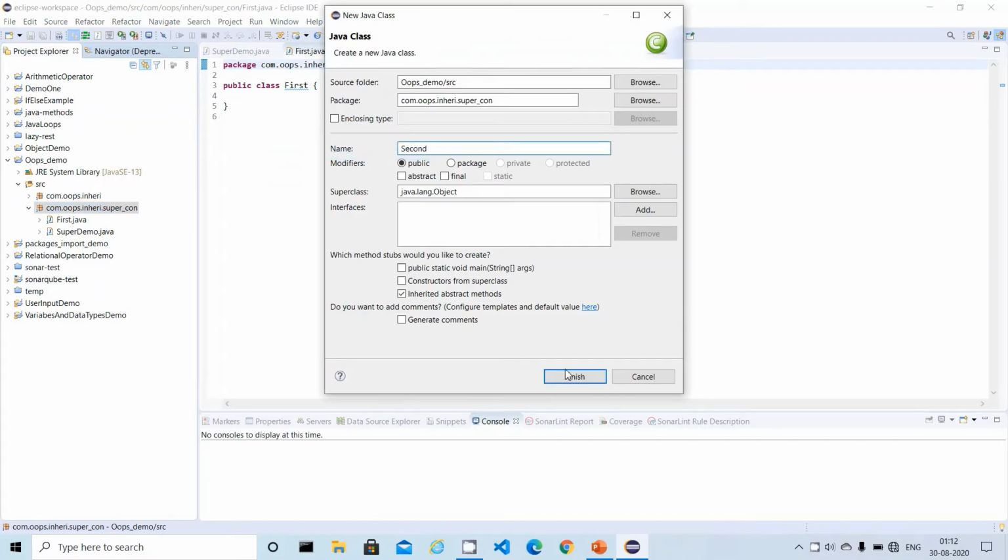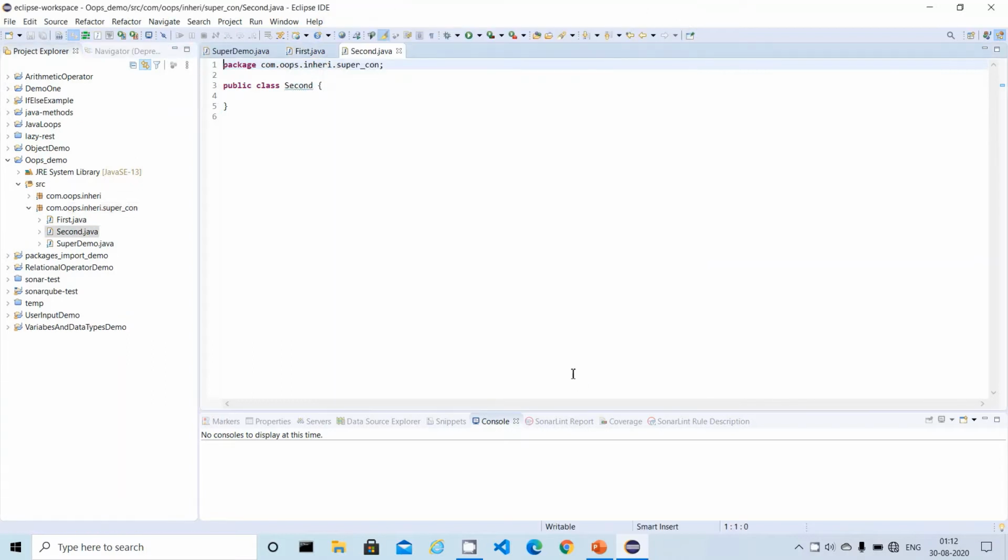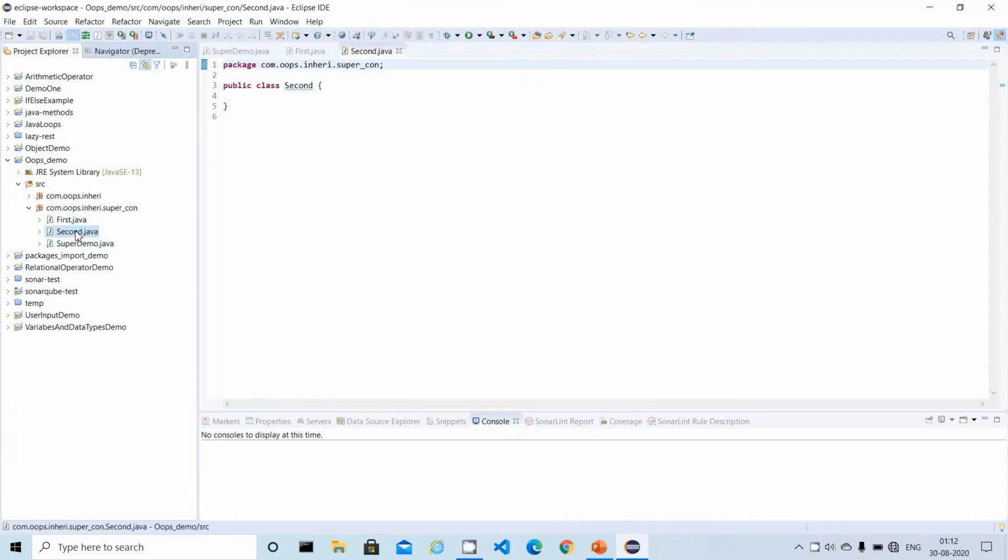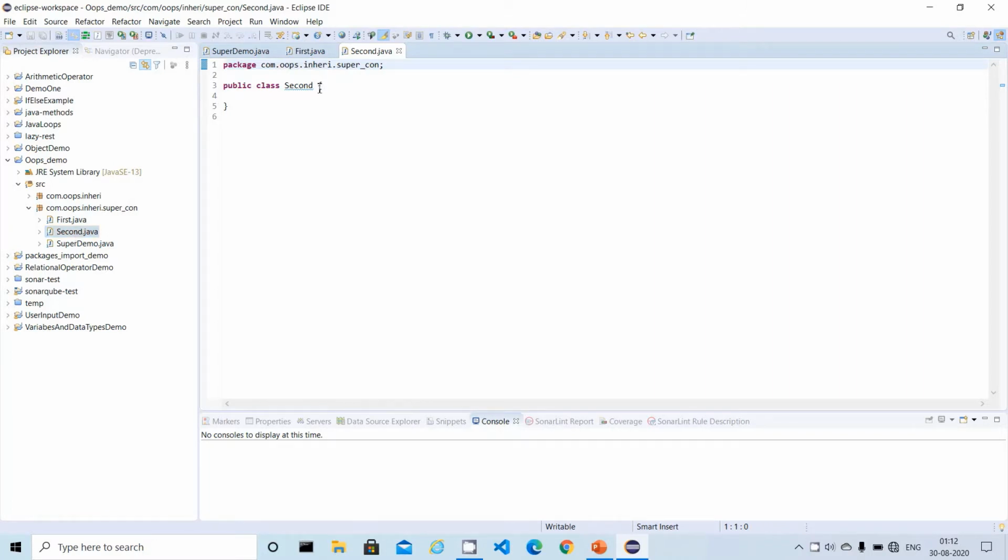These are the two classes which we created, and let me create the relation between the two classes with the help of the extends keyword. We discussed this keyword in the previous video. So First is the superclass, and Second is the subclass, right?